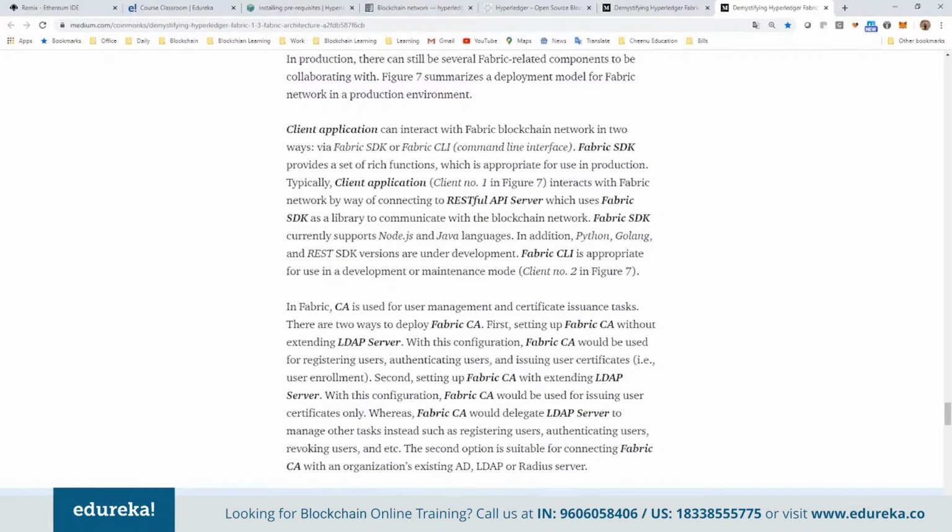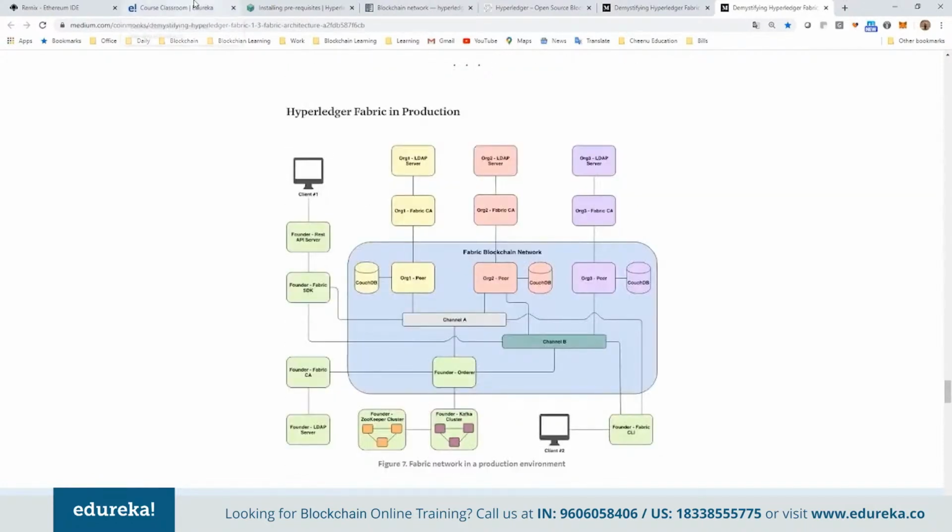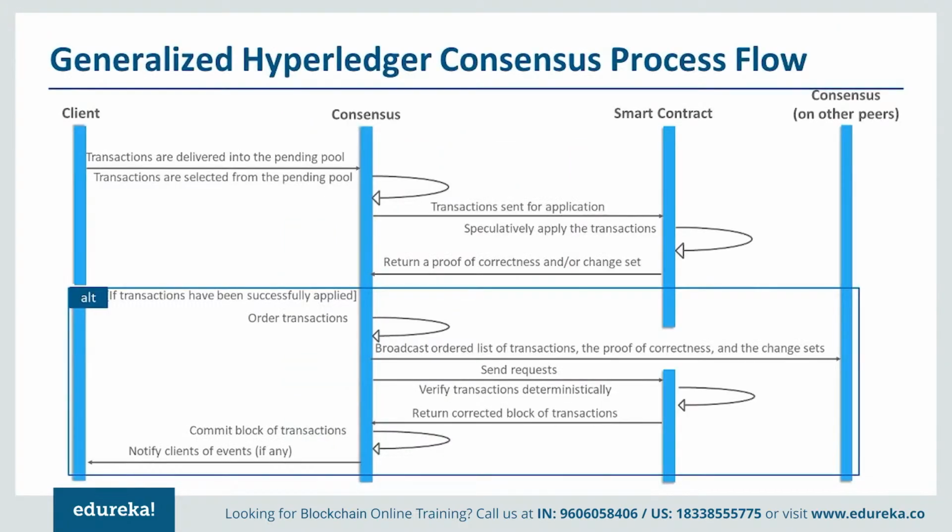So basically it reaches the endorsing peers, which is not shown here, but it goes to the endorsing peers. Now transactions are sent for application, selectively applying the transaction. So its smart contract is basically applied, and a proof of correctness or a change set is given back to the application. So the endorser nodes will run the smart contract or the chain code, and they will